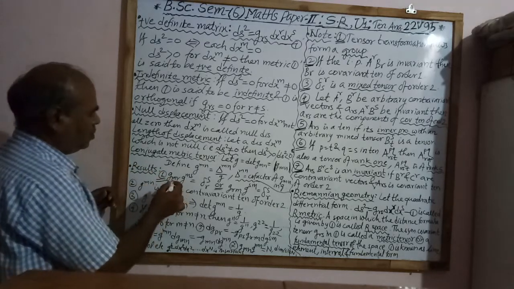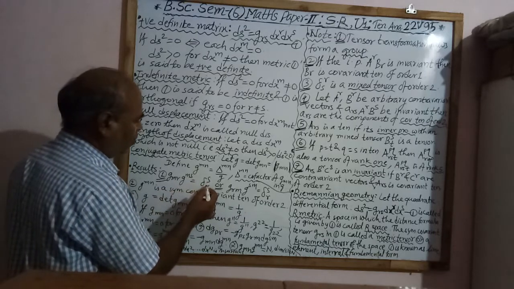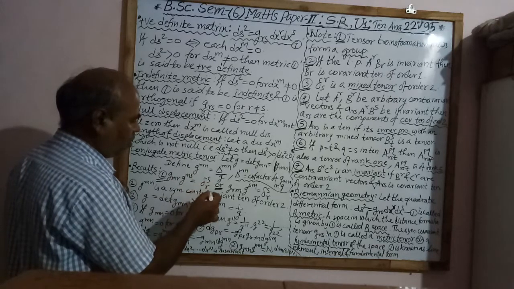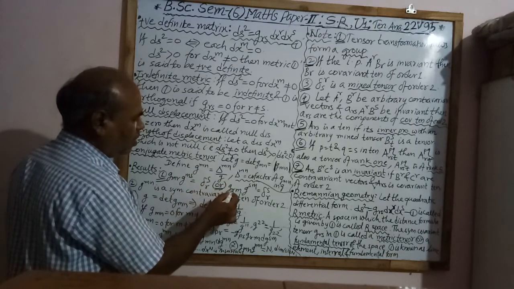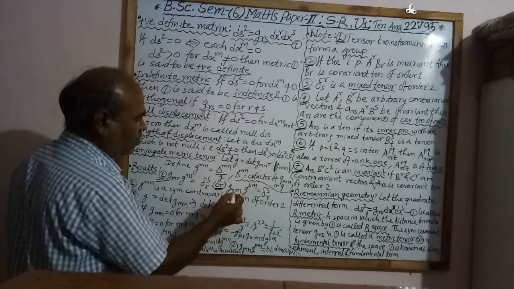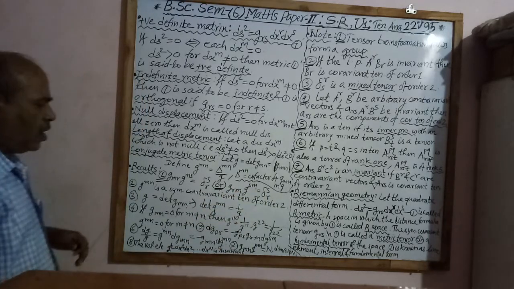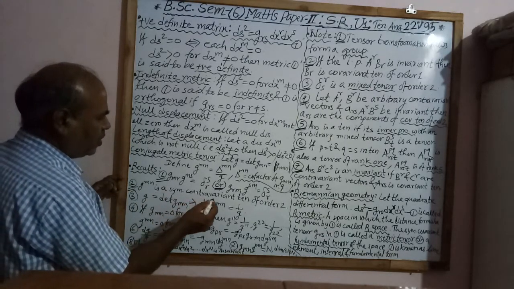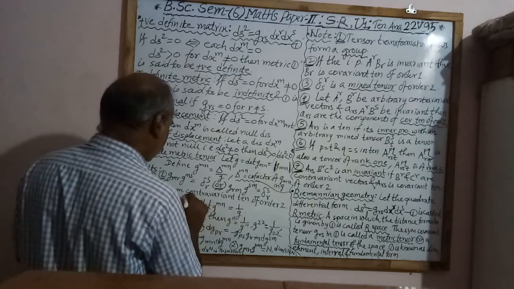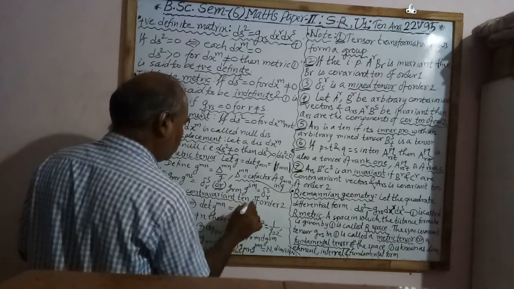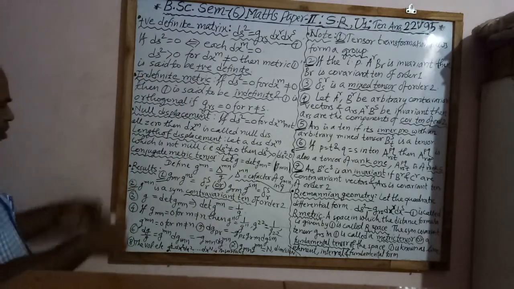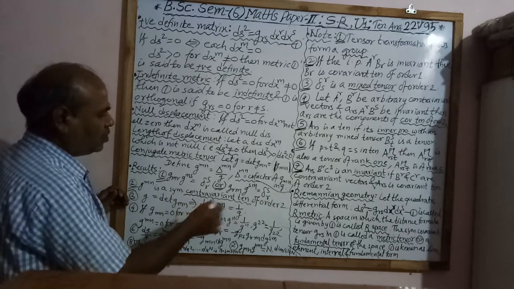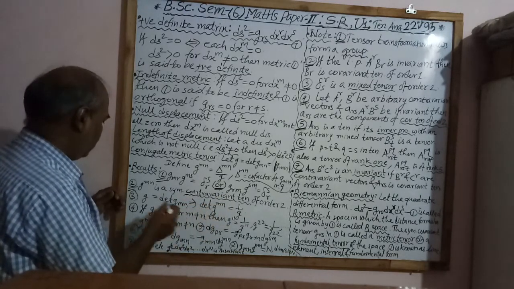First result, g^mr g_ms equal to delta^r_s, that is this m repeated 2 times, m cancels here and we have delta^r_s, or we can write g^rm g_sm equal to, again here m cancels, we have delta^r_s. Then second, g^mn is a symmetric contravariant tensor of order 2. It is the contravariant tensor of order 2. The objective question may be asked on these results. g^mn is a symmetric which tensor, that is contravariant, covariant, like this.